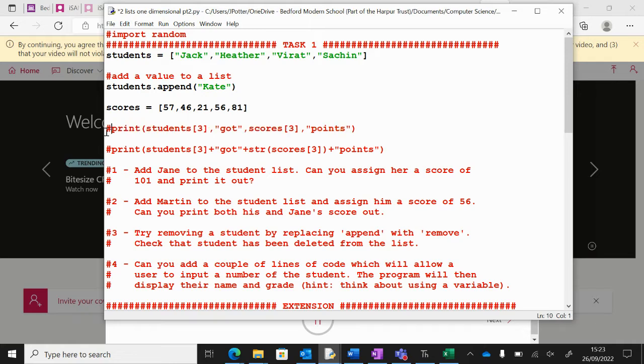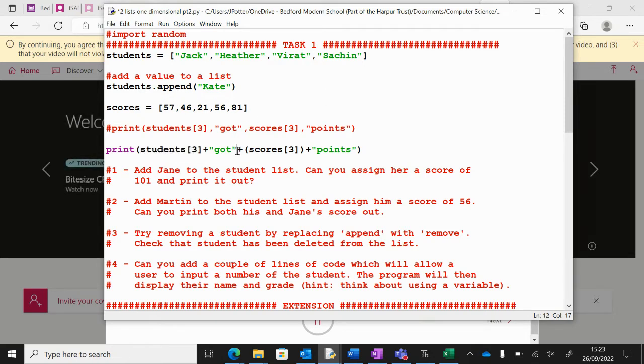One other way of printing out, this won't look particularly correct, but if you ever need to join things together so you don't have any spaces, rather than the comma which we used in the line above, you can use the plus sign. But you've got to be a bit careful here because in this case, students is a string, because it's got the speech marks, and scores are integers.